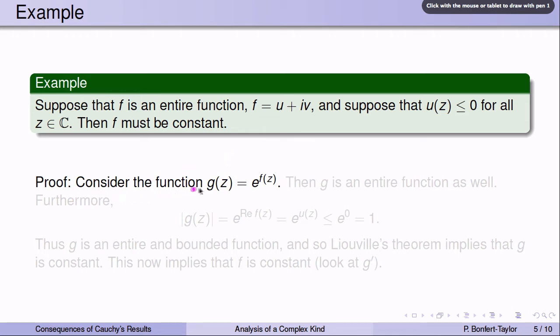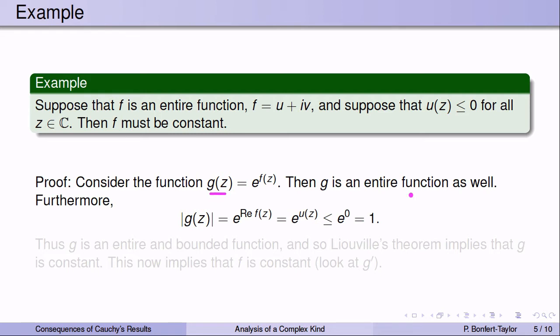The idea is to look at the function e to the f of z instead. And we're going to show this function g, which is e to the f of z, is constant, and then conclude that f is also constant. So let's look at this function g. First of all, we know this function g is also an entire function because f is an entire function. And now let's find its absolute value. The absolute value of e to the f of z